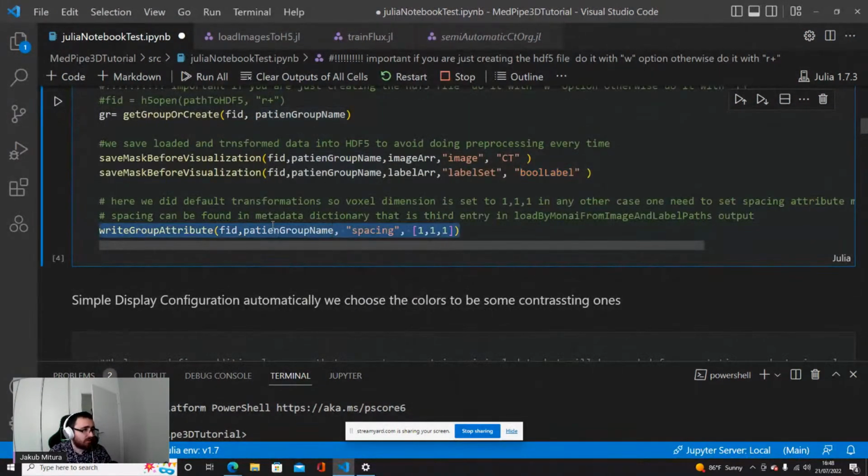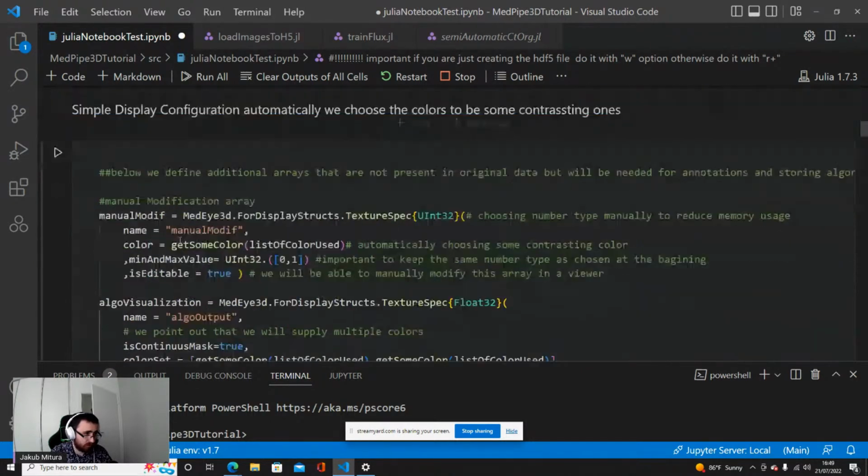And we also write the group attribute spacing. You can add any other that you want. The spacing is required, but if you need something else because your data has some special metadata, you can add anything that you want by writing this group attribute and then retrieve it easily.